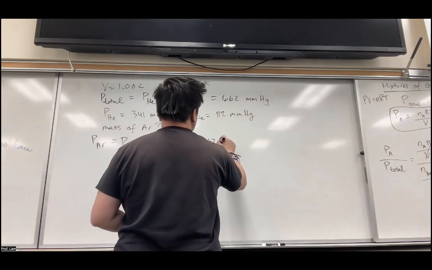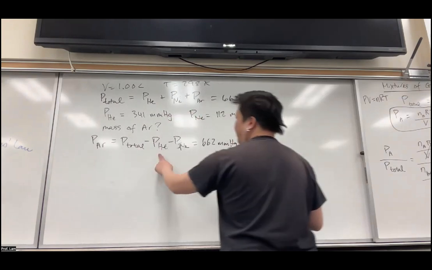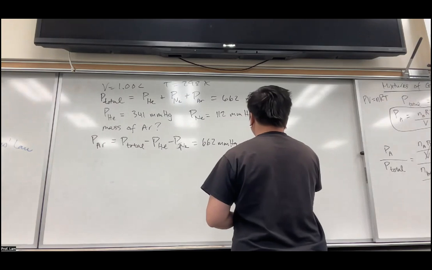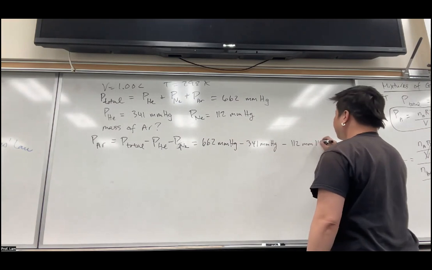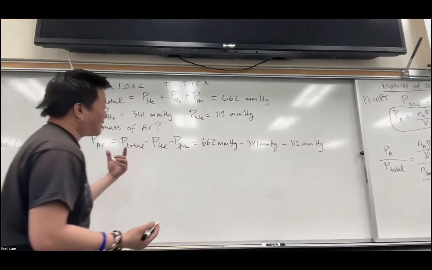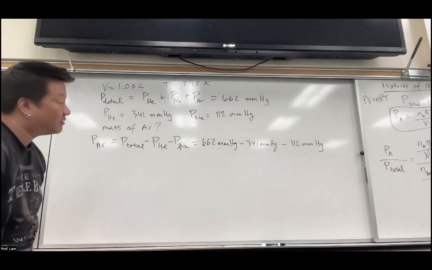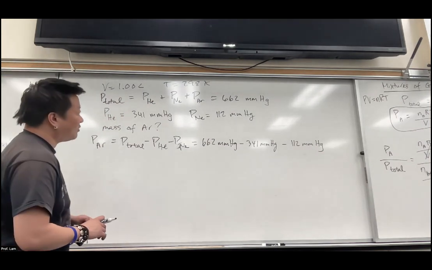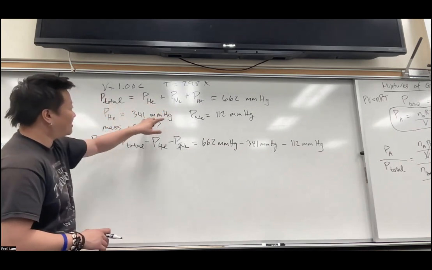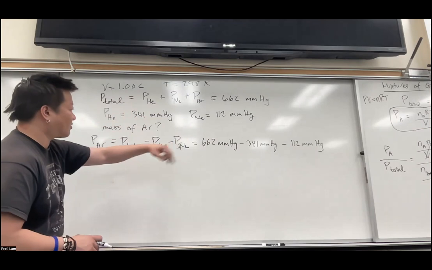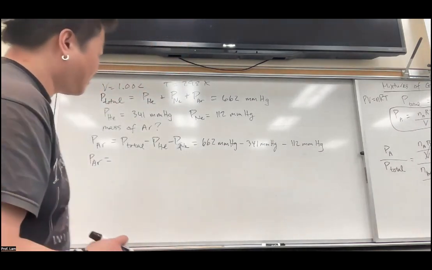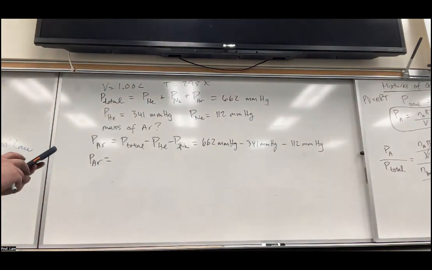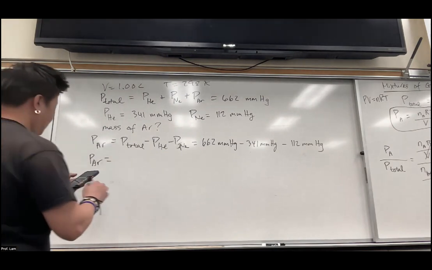The total is 662 mmHg minus the partial pressure of helium, 341 mmHg, and neon, 112. The total is the sum of the parts. That's how you reason this. It gave us helium and neon's numbers, so we can subtract them out. So the partial pressure of argon is 209